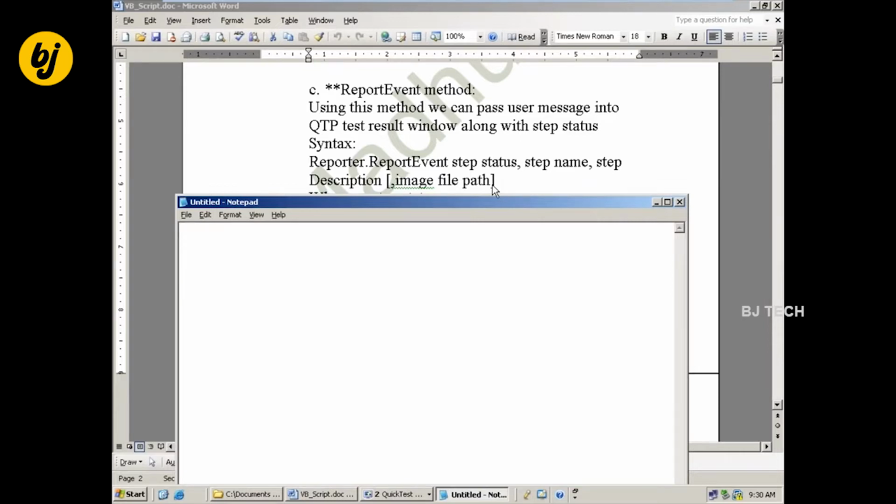A square bracket represents an optional argument. It is not mandatory. Here: step status, step name, step description, image file path.